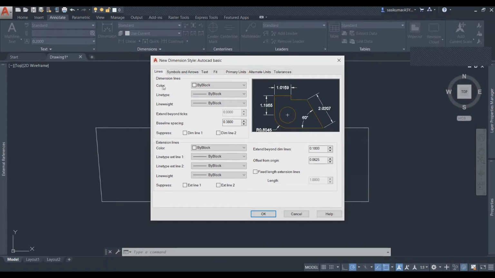Dimension styles, for example dimension color. See here, a lot of colors. If you choose red, you can see the difference from my customized colors. When I choose red for the dimension style, automatically it becomes red. But actually it's not supposed to be red; it should be ByBlock or ByLayer. But as I explained, you can do it yourself. If you choose yellow, it becomes yellow, but the default is ByBlock.